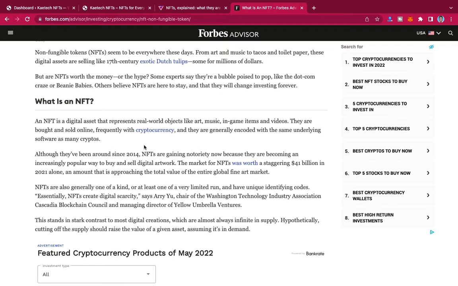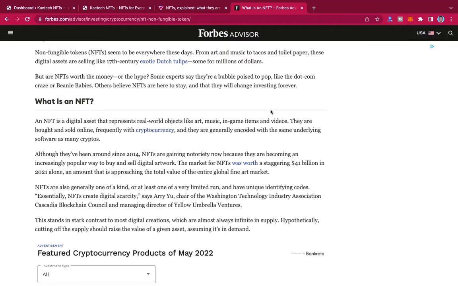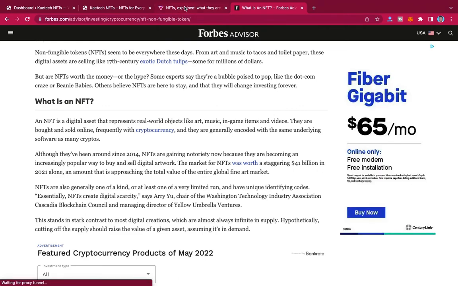So we use the cryptocurrency to buy the NFT. That is why we connect our MetaMask wallet to the website, so that we can use it to buy and mint the NFTs. Now, the same way, if you go back to